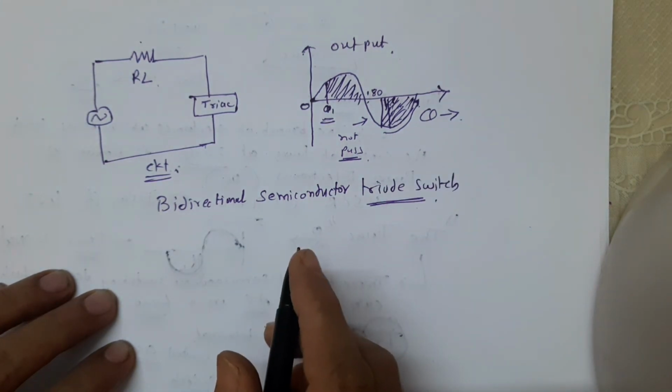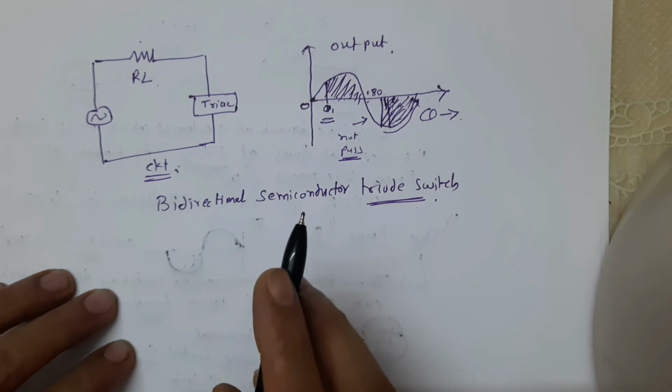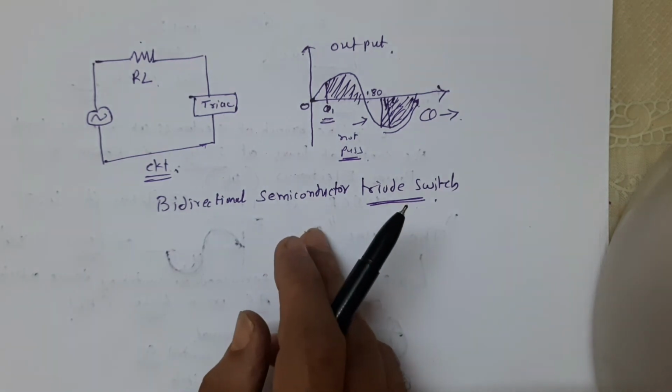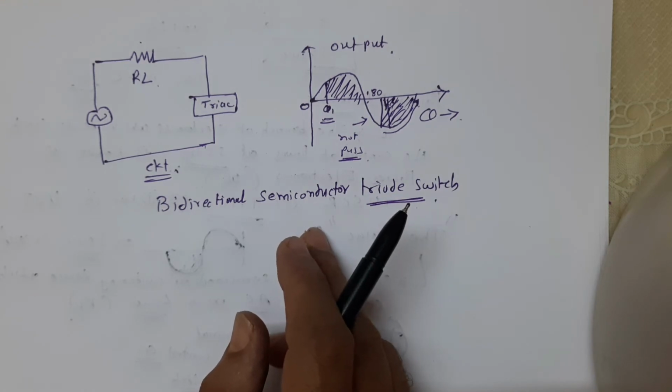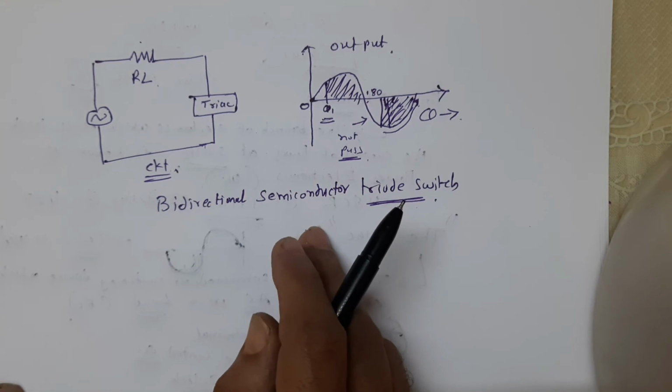The above action of a triac is certainly not a rectifying action, so the triac makes no mention of rectification in its name. But the SCR works as a rectifier, so we call it a silicon controlled rectifier. But here there is no mention of rectification. The triac has two main terminals. There is also a third terminal connected to the control circuit, which is known as the gate terminal.